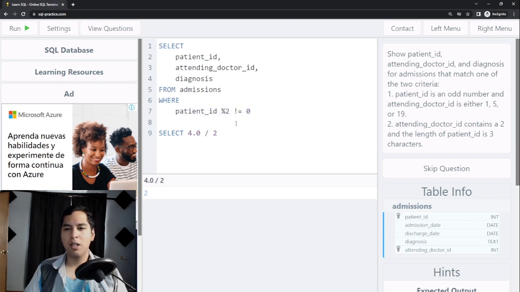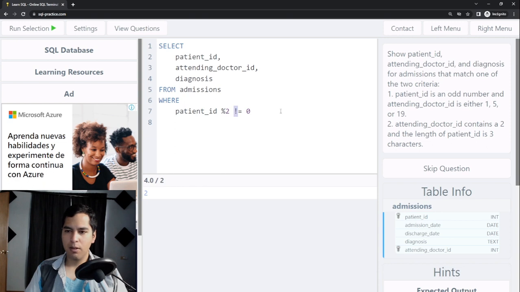So in this case, it's going to be the 2s, the 4s, the 6s, and so on. Okay, so I need to show only the odd numbers, not the